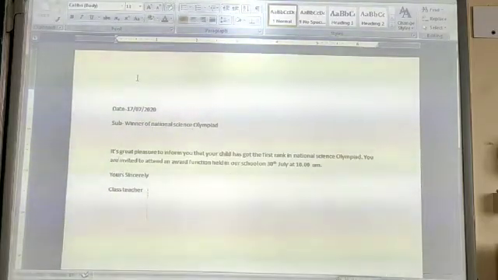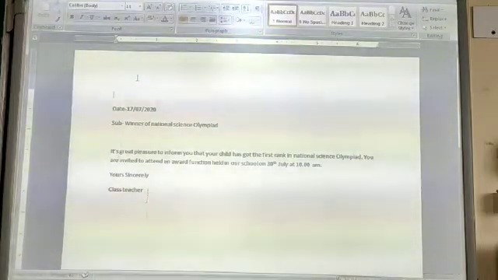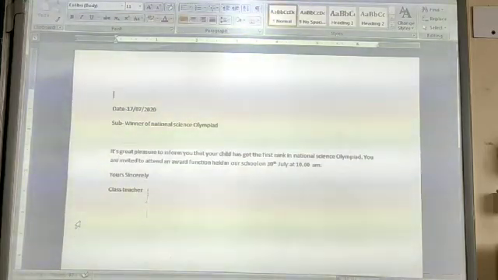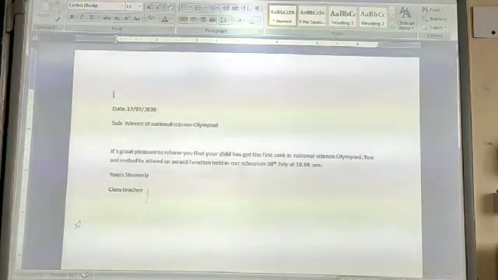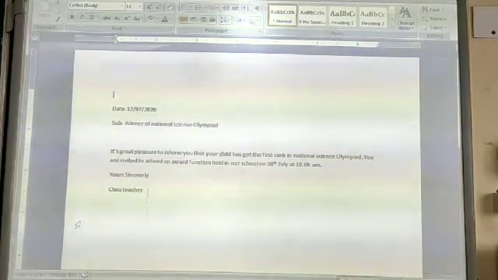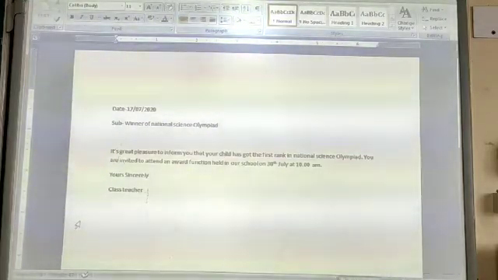You can write it later on also, it does not matter. Either you can write the letter first before starting the mail merge process, or you can write it later on, or if any saved document is there, you can use it also.